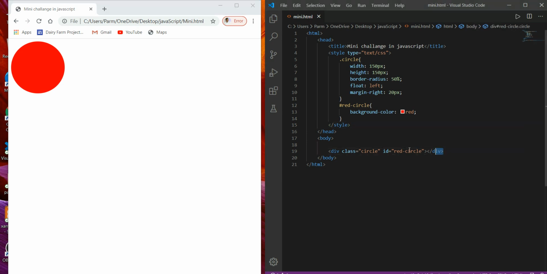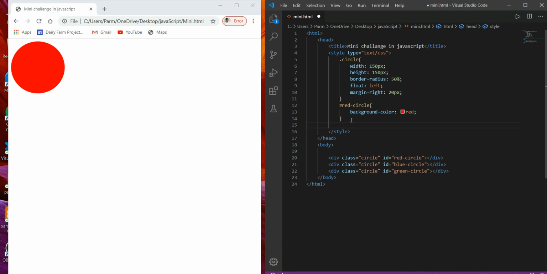So we copy this with Control C and paste it here, and here we want, say, blue, and we give this id as, say, green. Similarly, we want circles of the same size but different background colors.